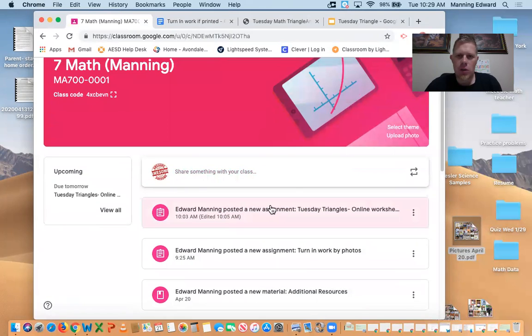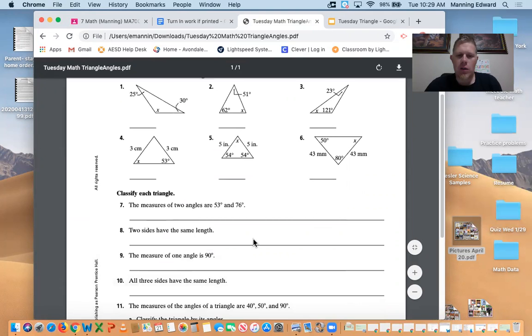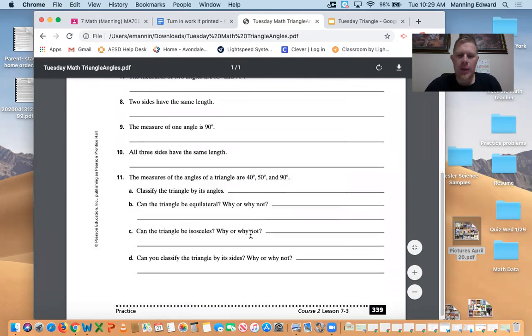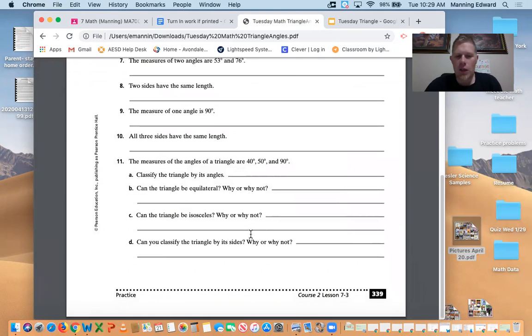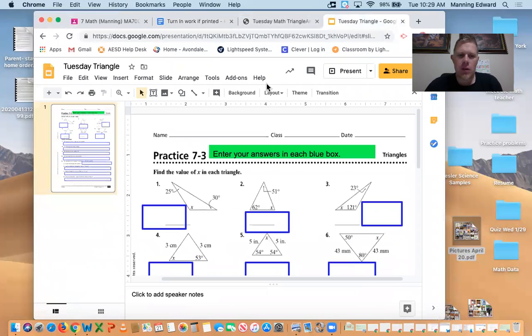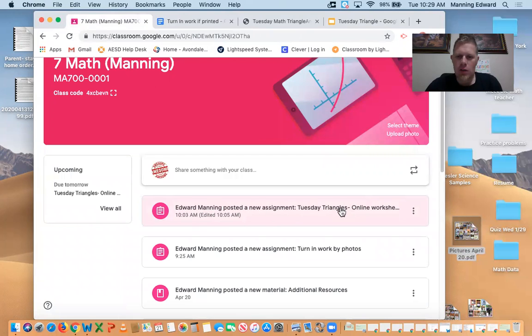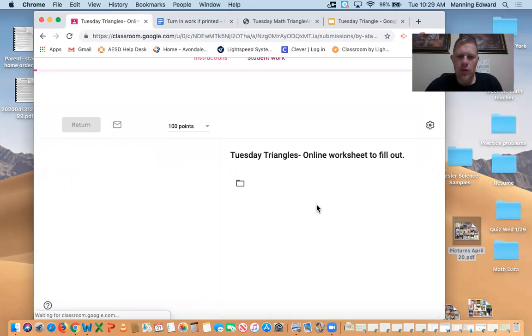So what did I do today? Well, this is the paper that I wanted you guys to work on today. But instead of having you print it out, write it all out, take a picture of it and email it to me, which you can do if you would like, I thought of an easier option. What I did is I put it into a Google Slide. If you go back to here, Tuesday Triangle Online Worksheet, if you click on that,